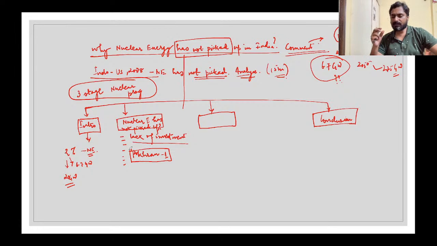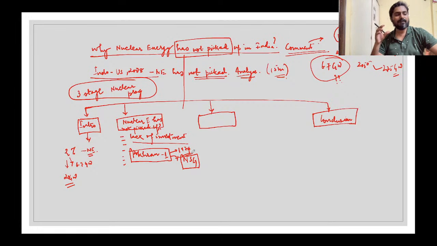But you should understand this part, that we can use nuclear energy to make bombs, and we can use it to produce electricity also. But when we made bombs, in Pokhran 1, which happened in 1974, after that a group was formed. After Pokhran 1, a group called the NSG, the Nuclear Suppliers Group, was formed.